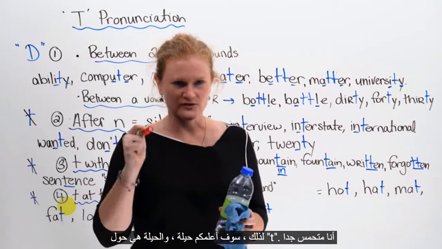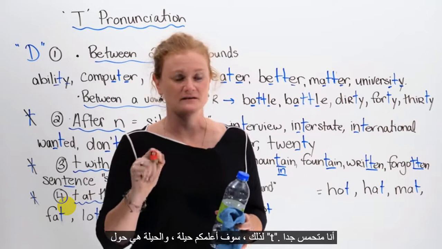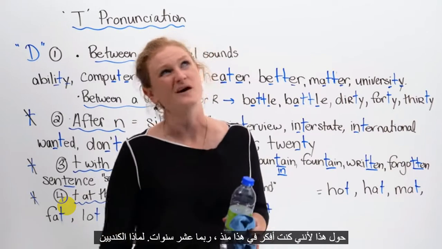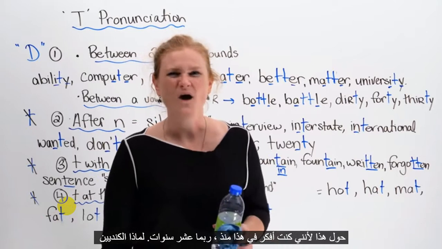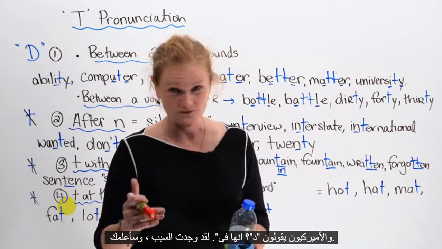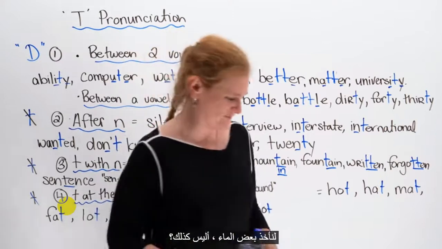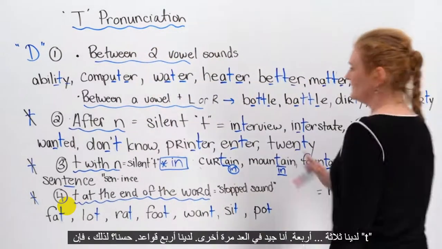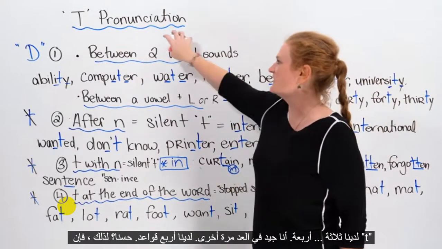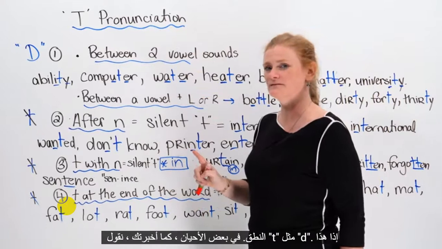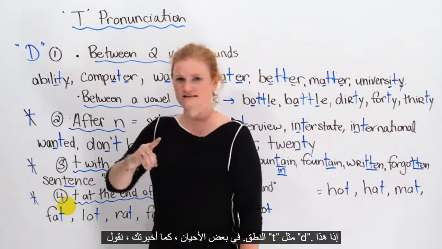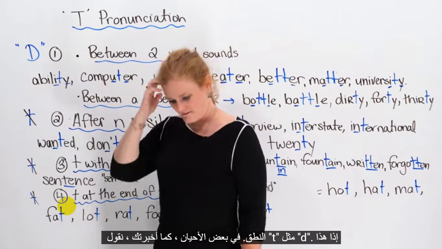So I'm going to teach you a trick, and the trick is about the T. I am very excited about this because I've been thinking about this for maybe 10 years. Why do Canadians and Americans say D? It's a T. I found the reason, and I'm going to teach you. Let's have some water, shall we? We have 4 rules, okay? So, the T pronunciation. Sometimes, as I told you, we actually say the T like a D.